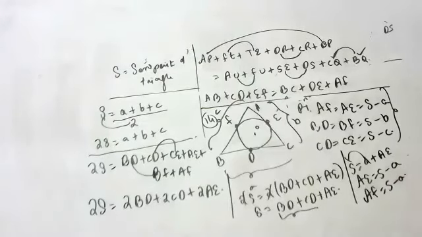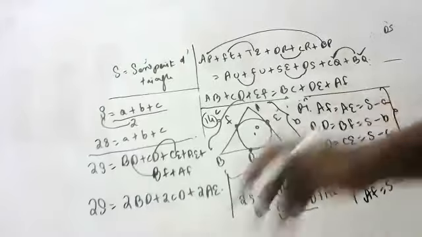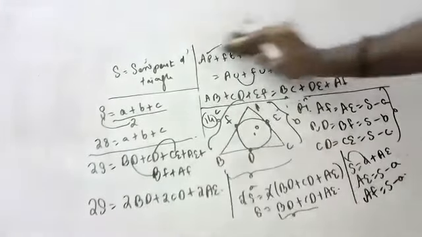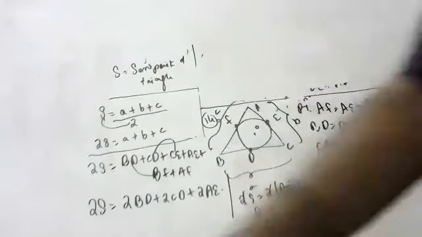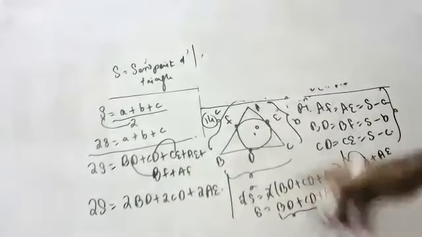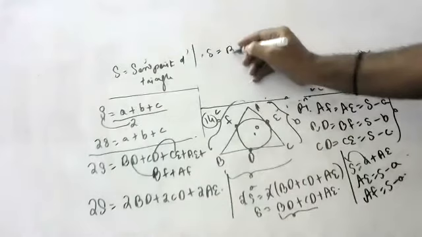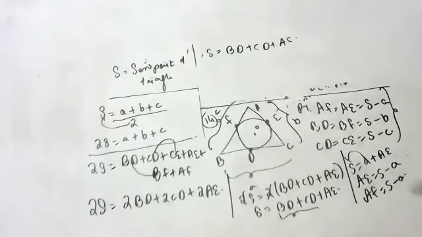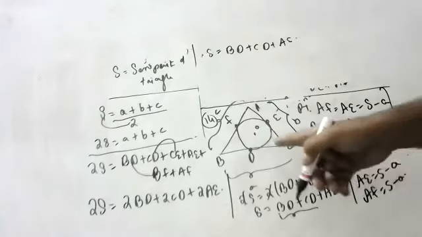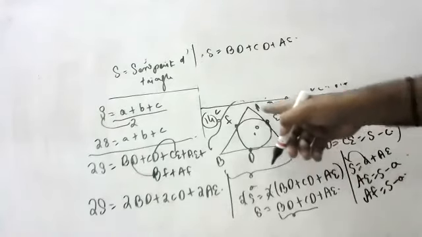Now, how to get the other ones? Because we have three things, and only the first one we have proved. The second and third I will also prove from that only, children. Those who are having confusion, see here. The second one also I will prove from this only. S is equal to BD plus CD plus AE, and a is done, children. Now let's go to b. What is b? AE plus CE.